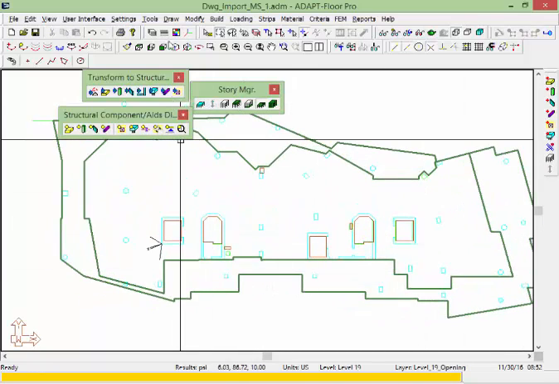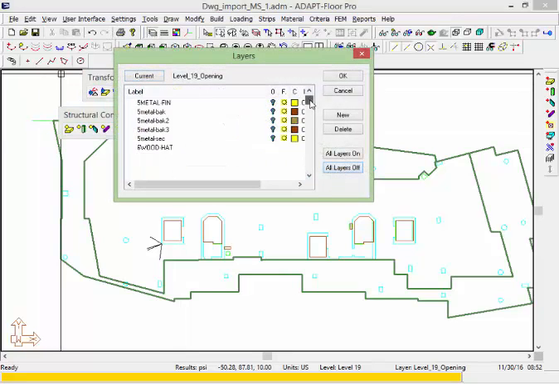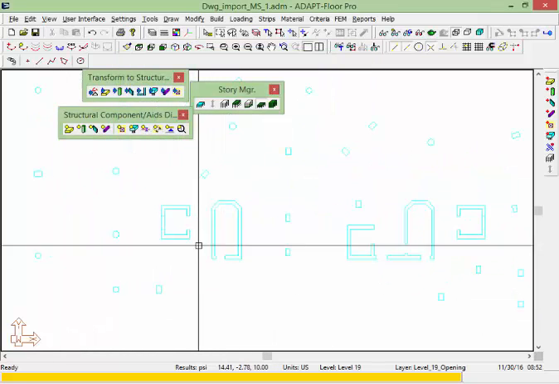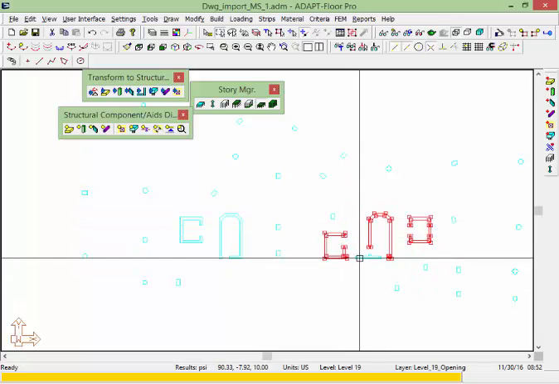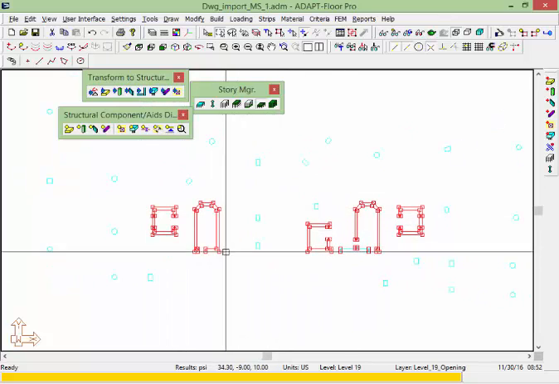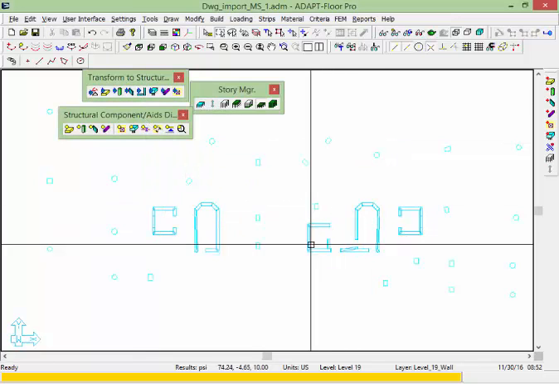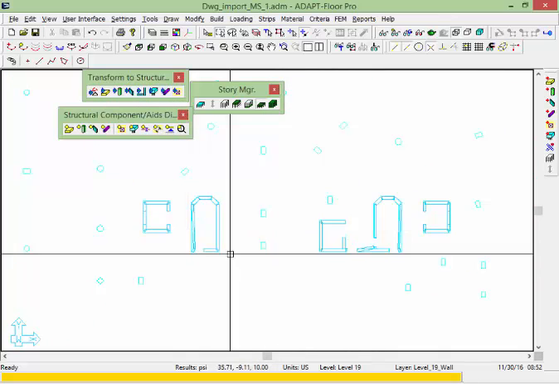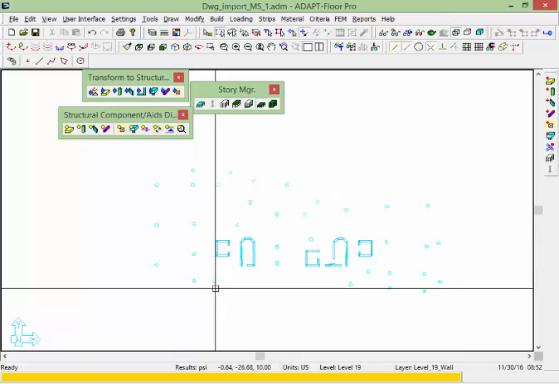and I'll convert my openings, and then we're going to turn off all layers again. We're going to scroll down to adapt shear walls and openings and convert the shear walls. So in this case I'm just going to select all of them at one time, and we showed how to fix some of the mistakes that were made in conversion. I'll go ahead and just convert the walls. You can see again that there's a few issues that would need to be fixed in these wall groups. We'll skip that part this time,